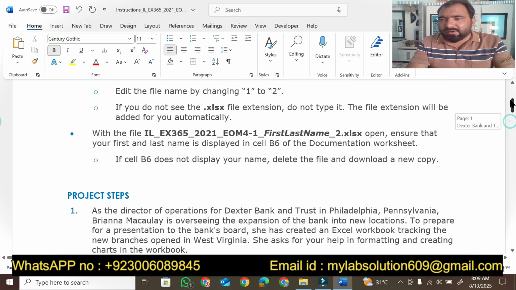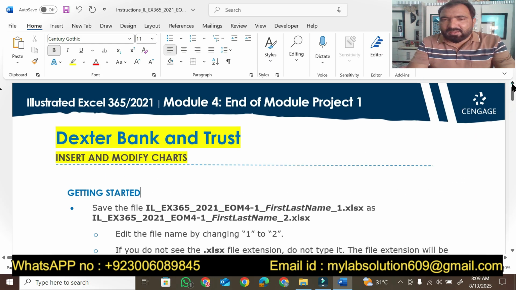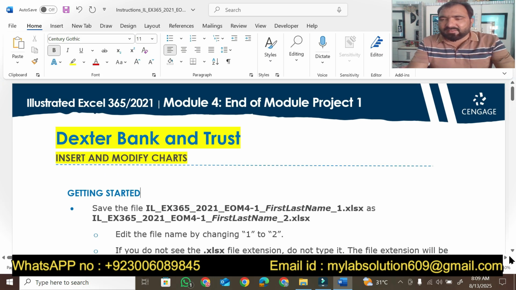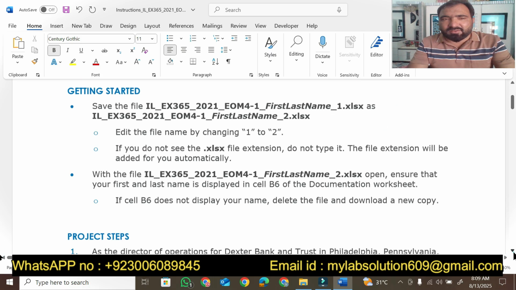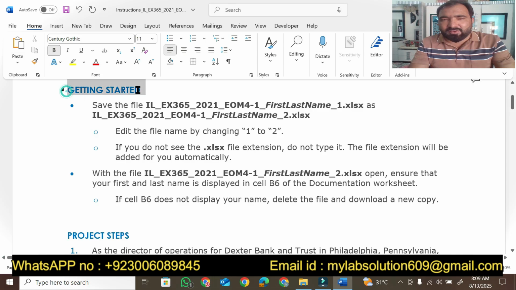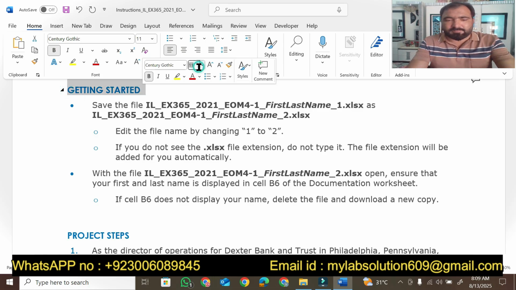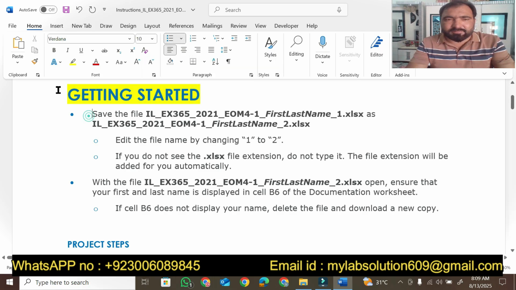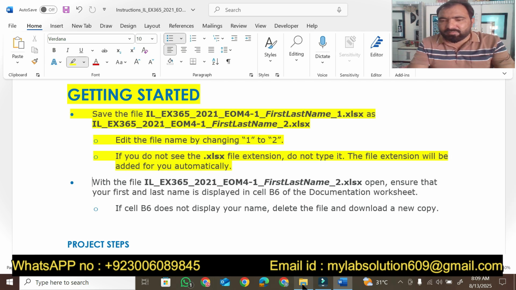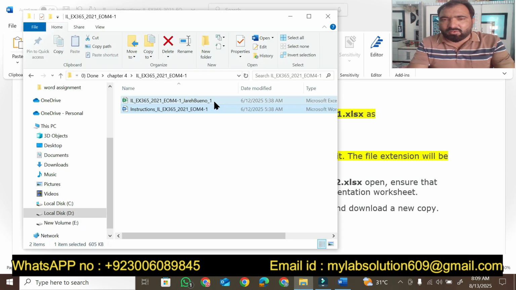So let me start today's assignment step by step. In today's video we will discuss Module 4, End of Module Project 1. We are moving toward the non-graded part first. In the first part we have to open the file, and in the next part we have to change its name from 1 to 2. So first we have to open